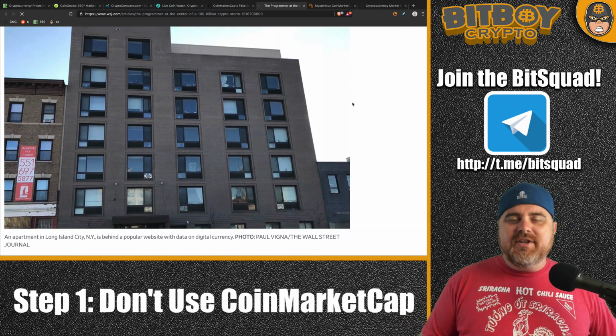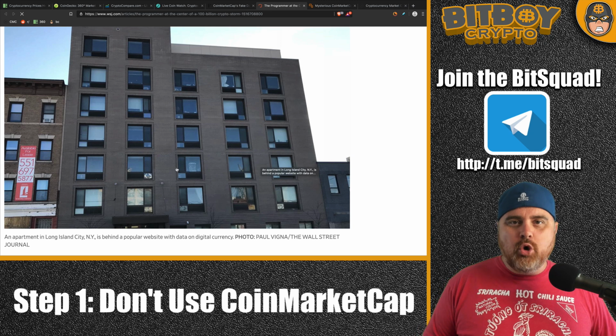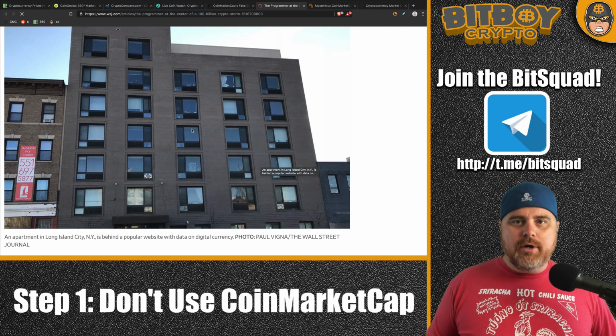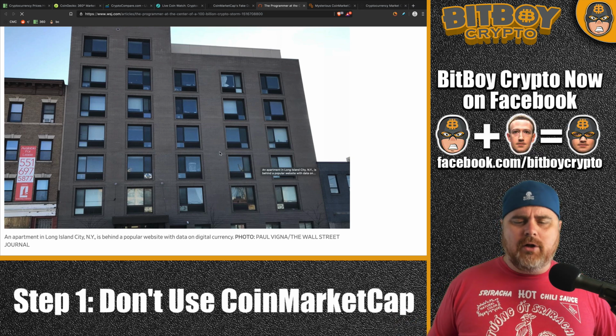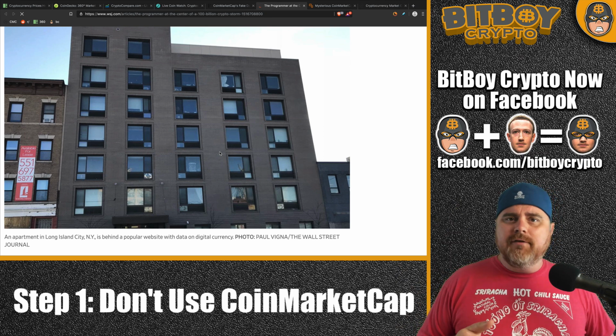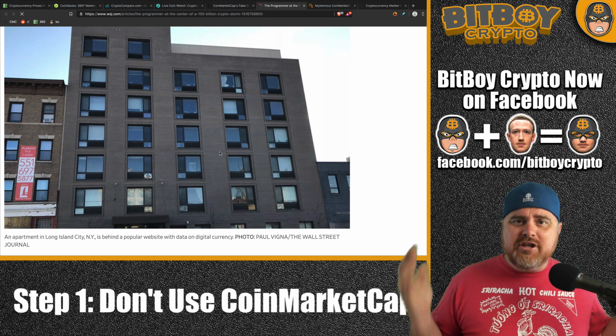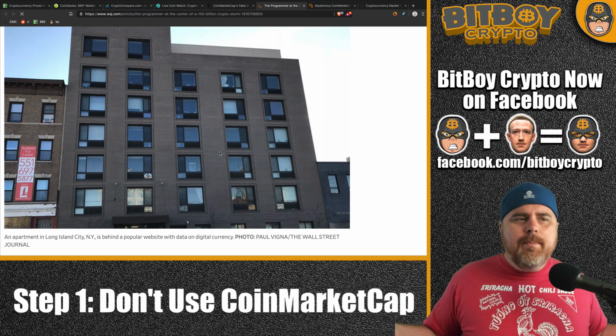Guess what, guys? This is an apartment building. This is where CoinMarketCap is run. It's run in some dude's apartment, who knows who he's had in there. The guy's making $20 to $30 million a year off of allowing scam exchanges like YoBit. What the heck? YoBit,